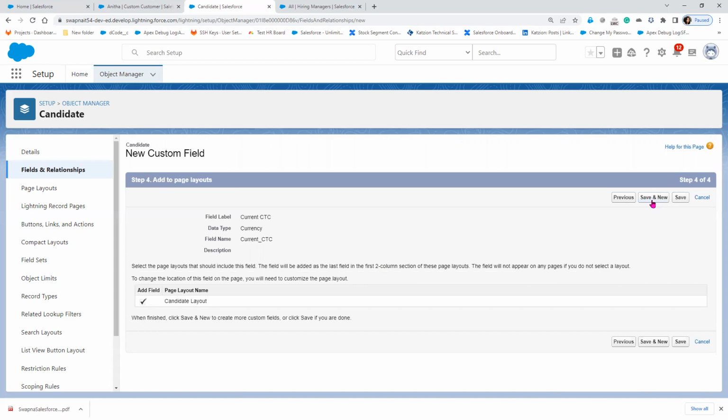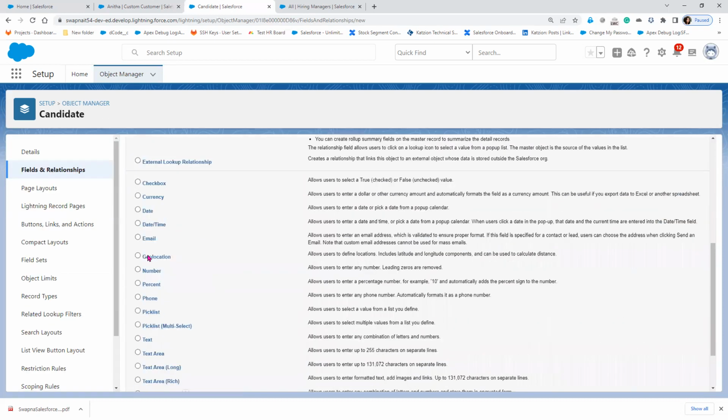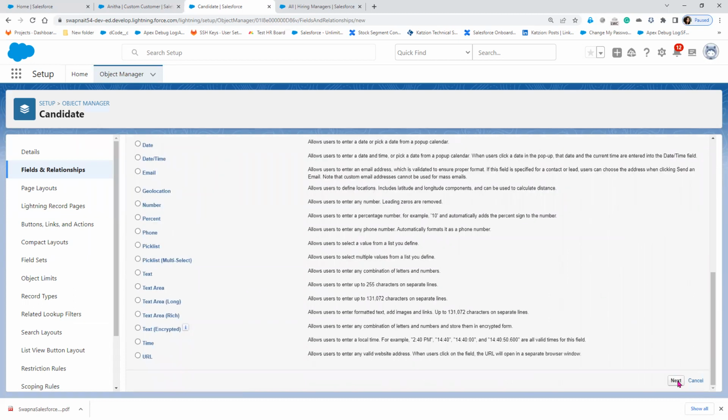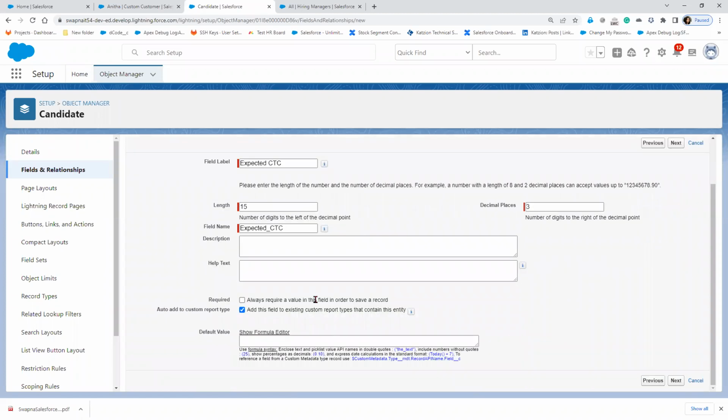And what is the expected CTC? Also, what is the expected CTC? That is also currency. Let's take the currency. Click on the next button. Expected CTC. Expected is 15 and 3 digits. This is also mandatory. We need that. Click on the next button